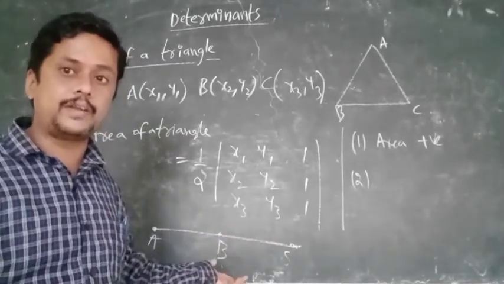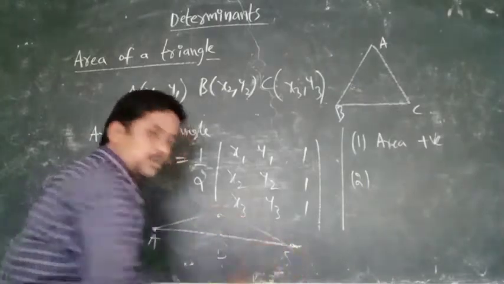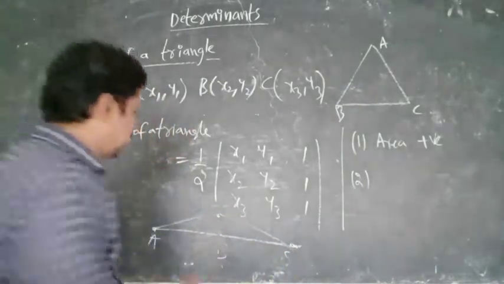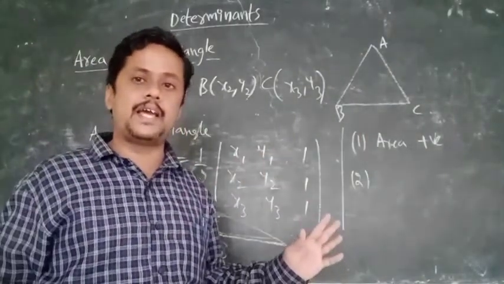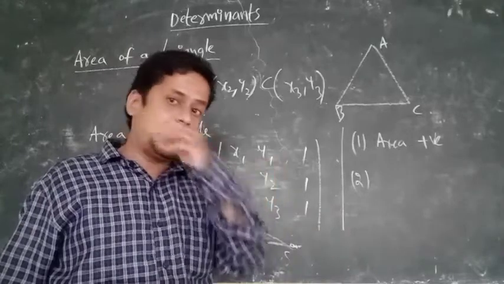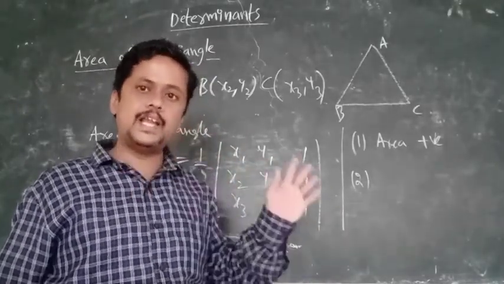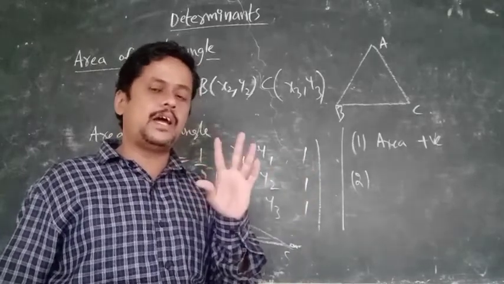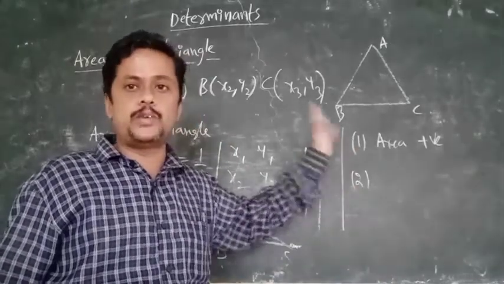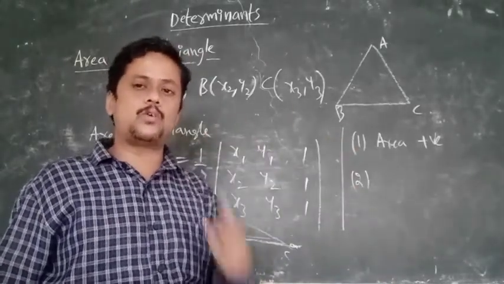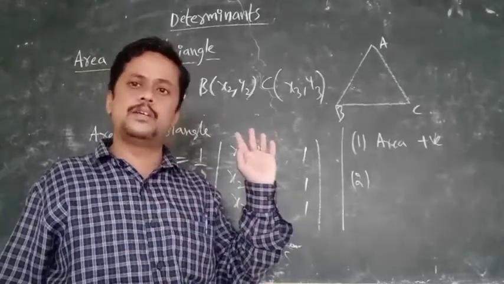If the points are not on a line, you can create the triangle. But when they are collinear, we can't create the triangle, so there is no area; if a triangle is not there, how can we have an area? So the area of the triangle is 0. Keep these 2 points in mind. If the 3 points are collinear, the area of the triangle is 0. Very important point.